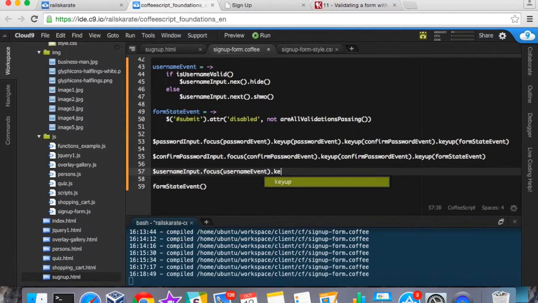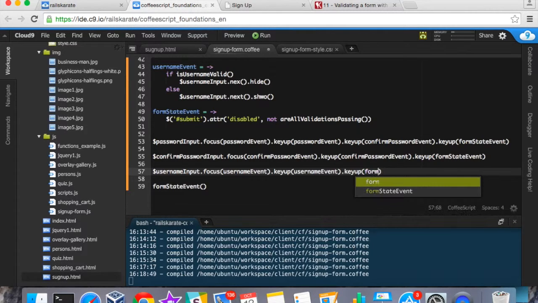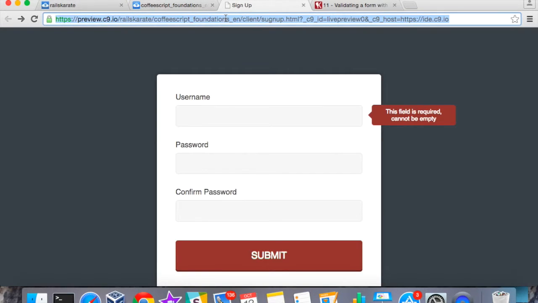and then we call keyup with the usernameEvent, and then we call a keyup for the form state event. That should be working right now. Let's try again. If I reload here,